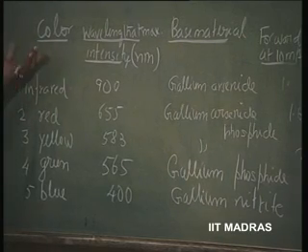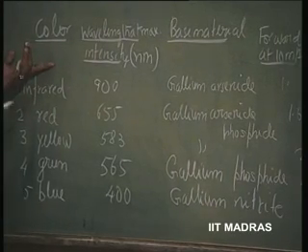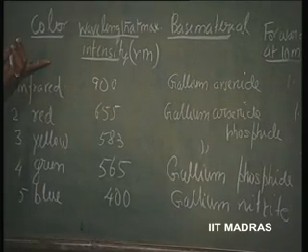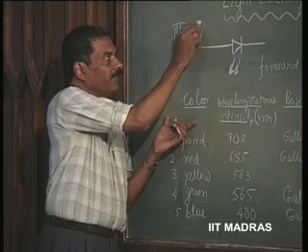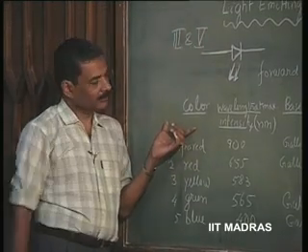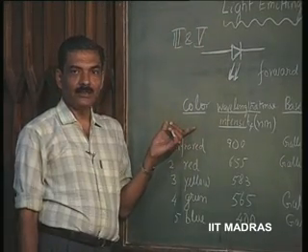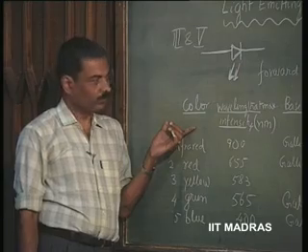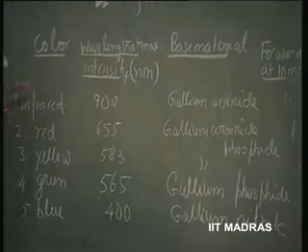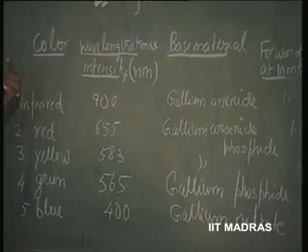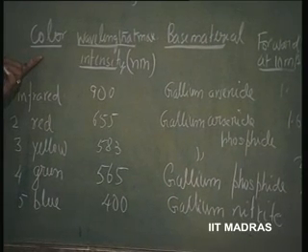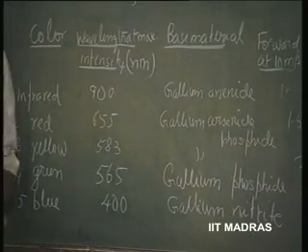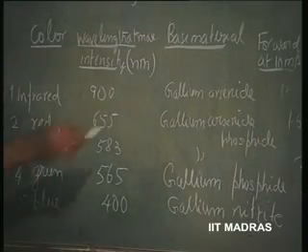When a p-n junction is formed using this 3-5 compound in the periodic table, where silicon is group 4 and this is 3-5, and a p-n junction diode is formed, then that behaves like an LED